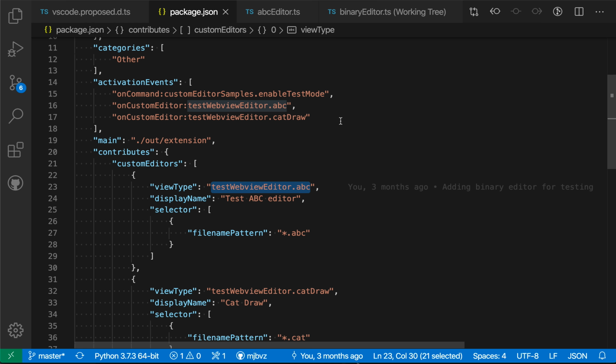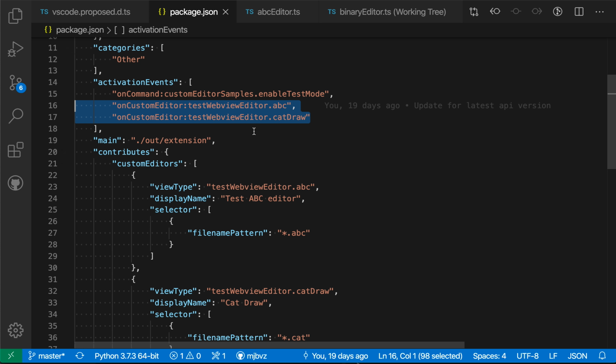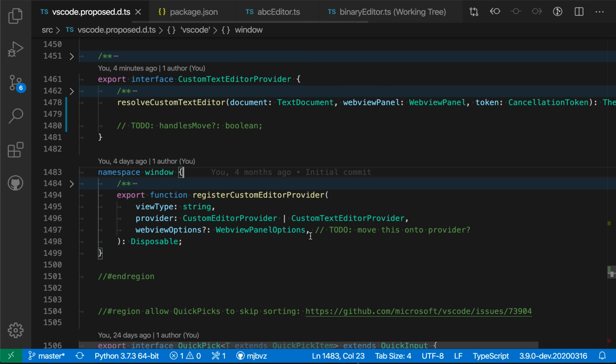So you can see that we have these two custom editor activation events for the two view types there. That is the static contribution part of the custom editor API. Again, that's just letting VS Code know that your extension contributes custom editors at all. Now, how that is actually being hooked up to your extension is through a custom